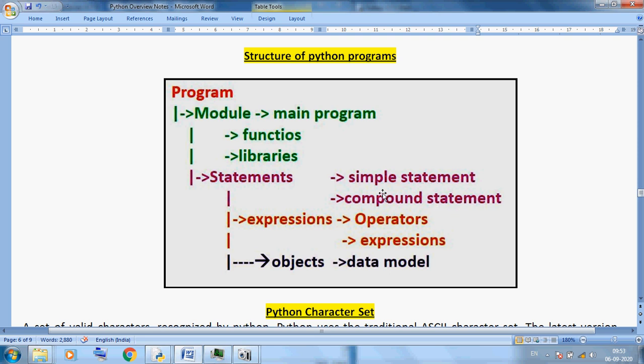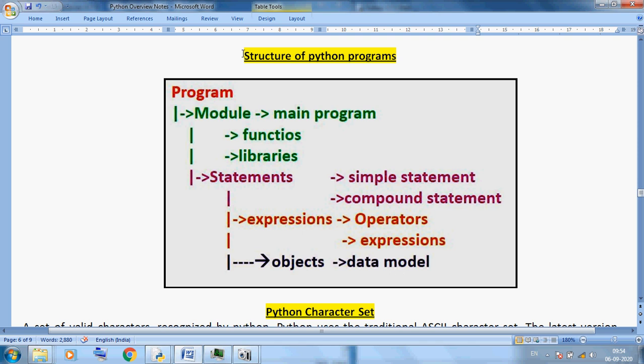These contain expressions, which use operators like plus, minus, divide. The other thing is objects. Since it is an object oriented language, we can also use classes and objects, which are advanced concepts.